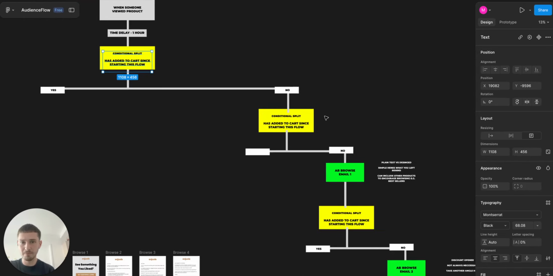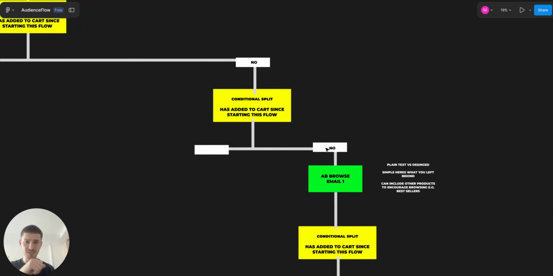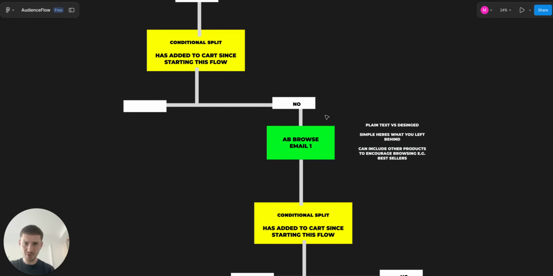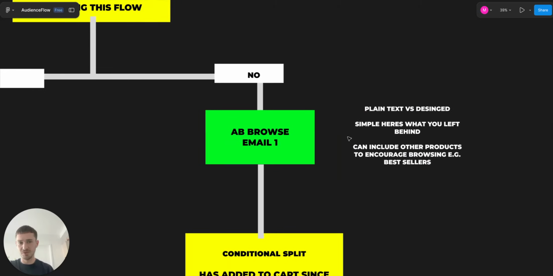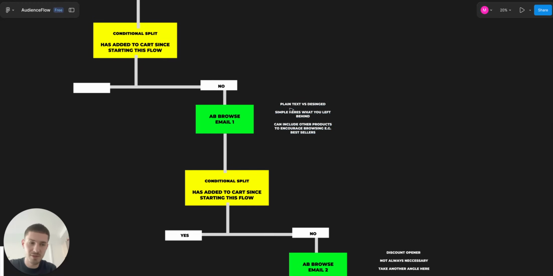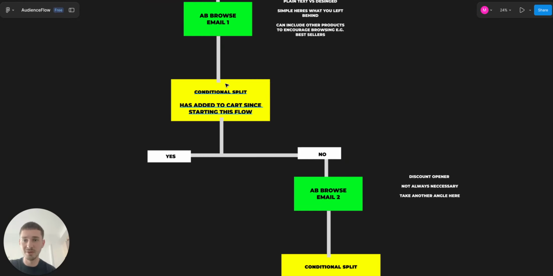So this isn't necessary. Excuse me. The browse email should be here. So the first one's just going to be the same as before. Here's what you left behind. However, with a browse, what you can do is include other products. People are just window shopping at this point, so you could plug your best sellers in at the bottom, and then we're going to have the same format of conditional split, has added to cart since starting this flow,